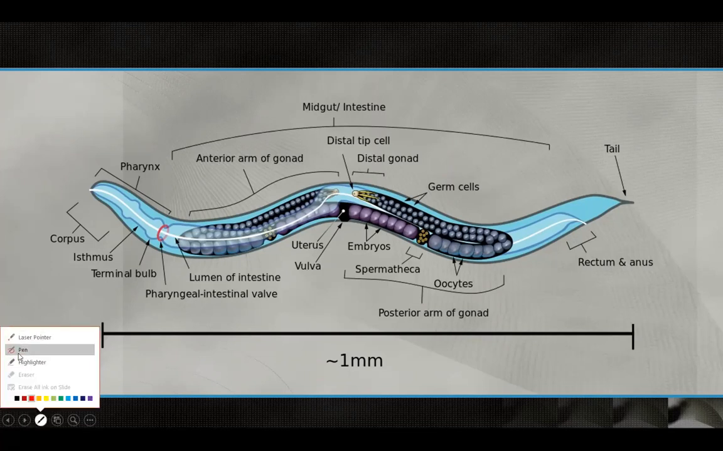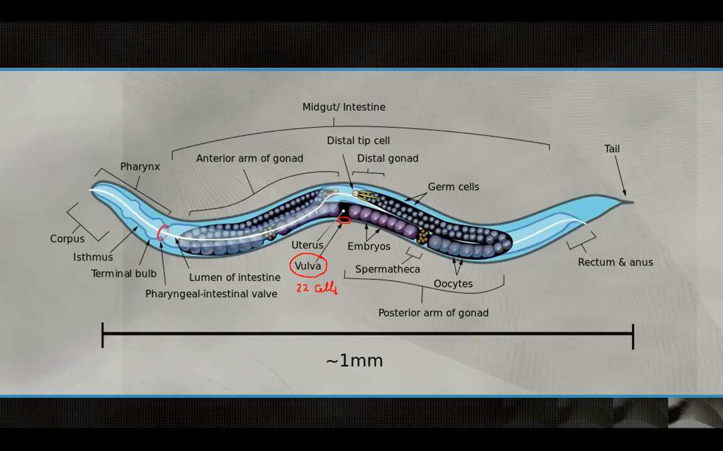ये जो vulva है, ये ही सबसे important cavity है जिसे हम लोग study करने वाले हैं यहाँ पर. It is this vulva that we are going to talk about a lot. The development of this vulva involved 22 different cells. 22 cells will be involved. And these 22 cells will form a circular